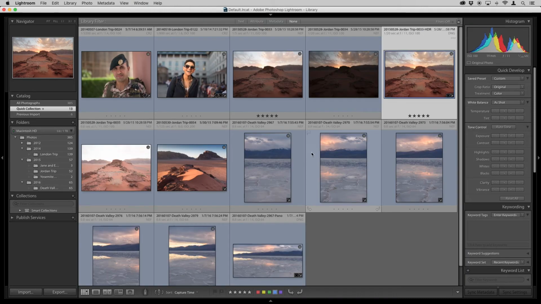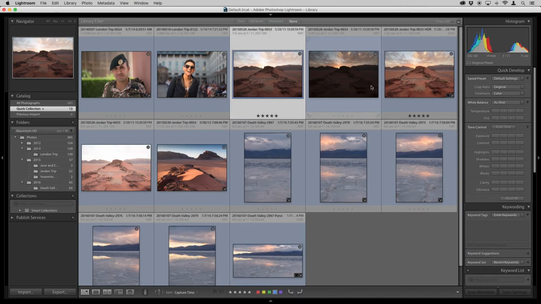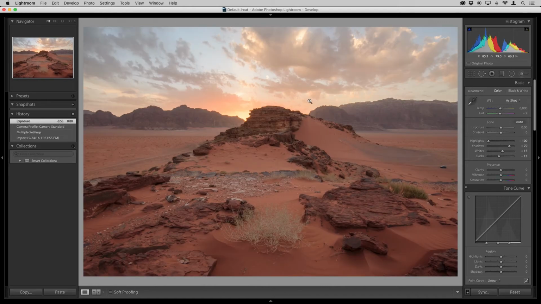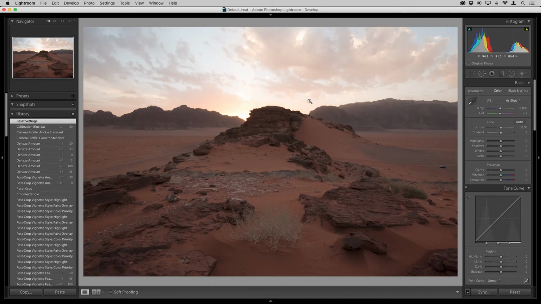So if I compare that and this image, for example, and I'll just simply select both of these, press D, and just show you this is the first image that it used, and then this is the actual merged HDR. Now, I could try to recover some things like before, and in fact, let's just do a quick comparison here.